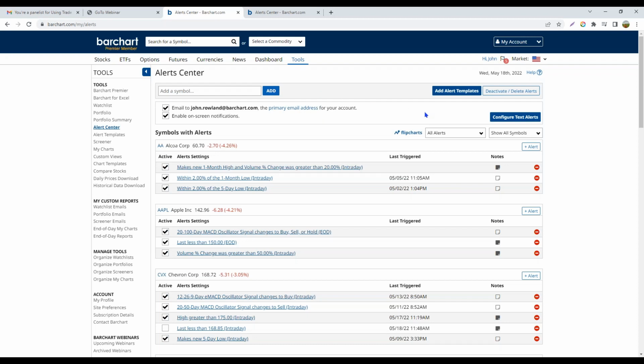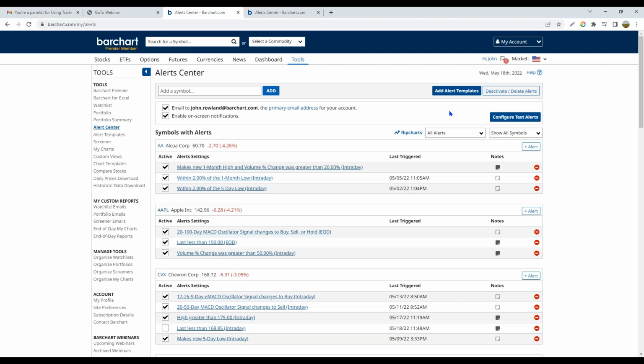Now, there is another way we can get alerts, and that is through text messaging. And if you come in through here and look at text configuration. So, Jean, there are some nuances about that, correct? Well, okay, so in order to receive text notification when an alert is triggered, that is a Barchart Premier feature. We also are, you'll find, especially if you're in Canada, some of the carriers have restrictions, and unfortunately we cannot deliver text alerts to certain international